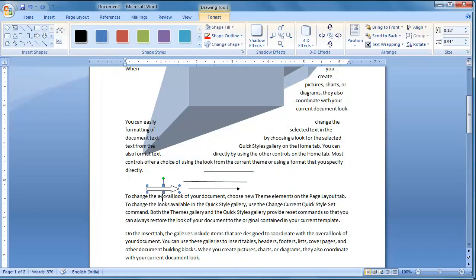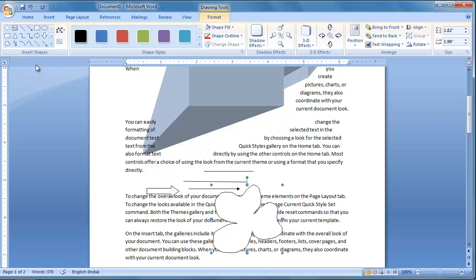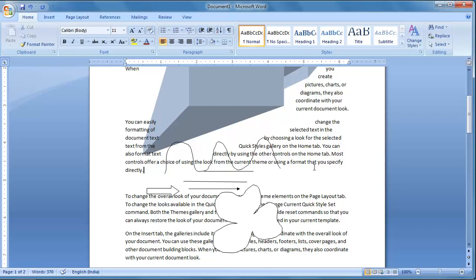Then this is freeform, just like a pencil. We can draw freely. Then this is for drawing curves. If you want to stop the curve, click, that's it.